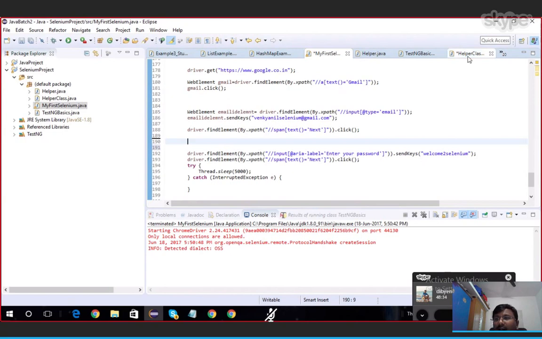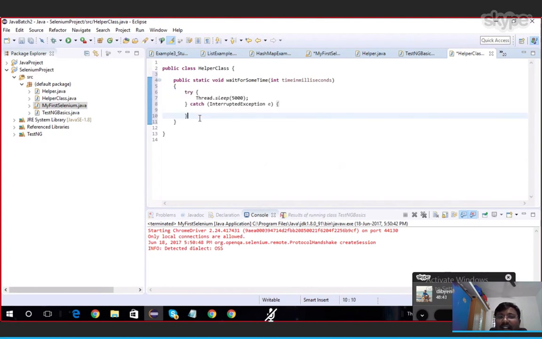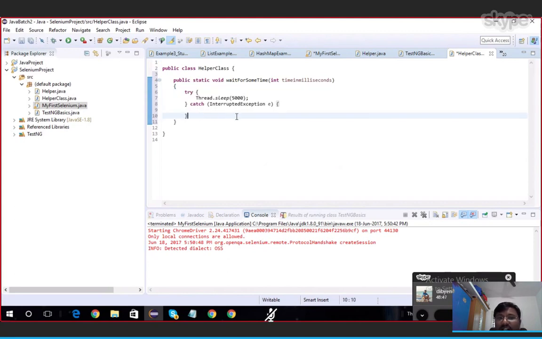Okay, see here. Every time, why should we write this one repeatedly? That's why I wrote a new method with this code. Okay, here instead of 5 milliseconds, whatever user will pass, I'm going to use that. Okay, now helper class dot,